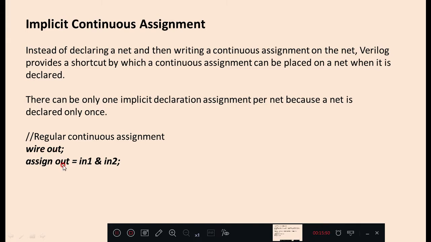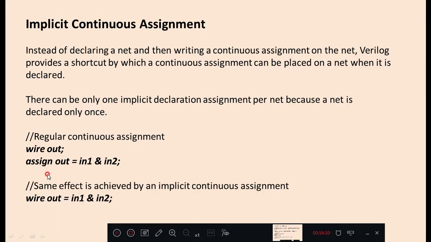On the left hand side we expect a net; on the right hand side nets or registers are allowed. In this case in1 and in2 are nets, and out is also a net. These two statements can be combined only once while writing code.